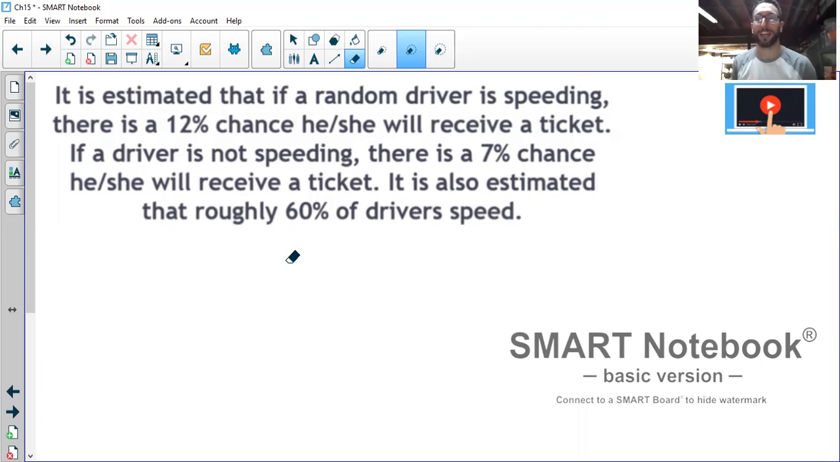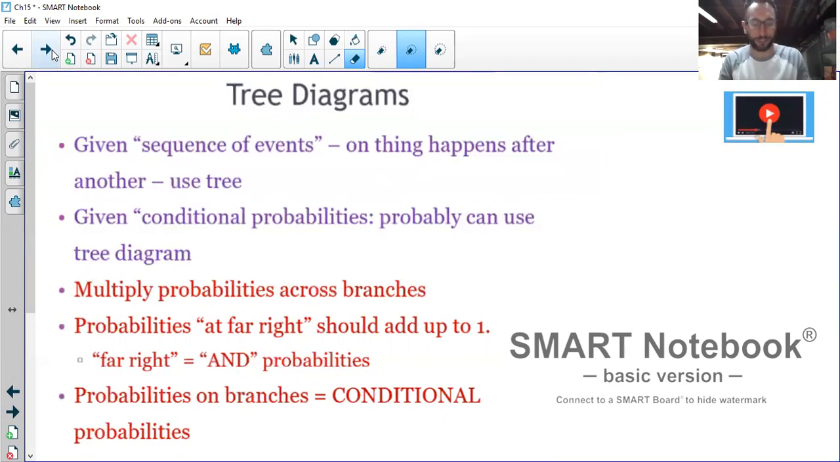Today, we want to start to look at how we can model situations with tree diagrams. And this is one of those situations. So here are some generic notes for you to take. A tree diagram is